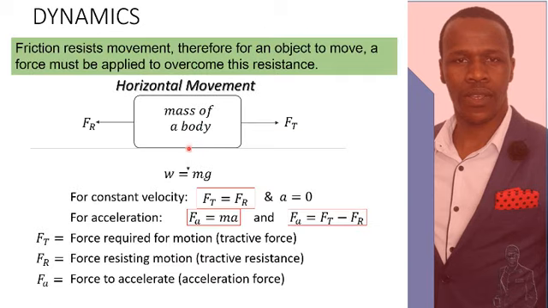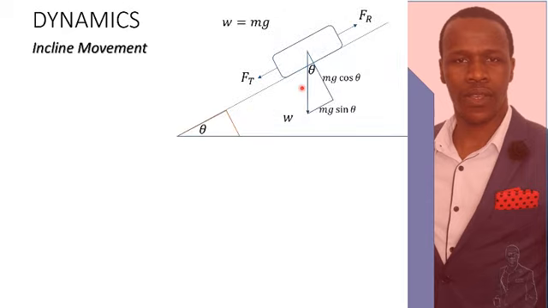Can you see the weight here was perpendicular to the plane, but in this case the weight is not perpendicular to this plane. So because the weight is at an angle to the plane, as we usually do when we have a force that is at an angle,